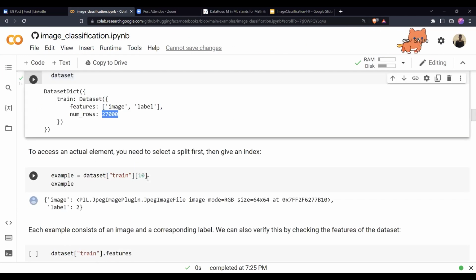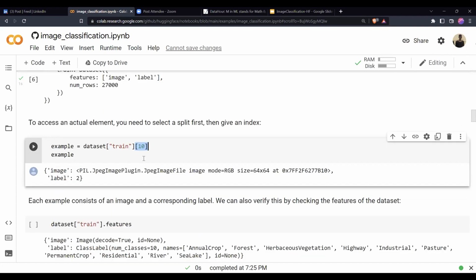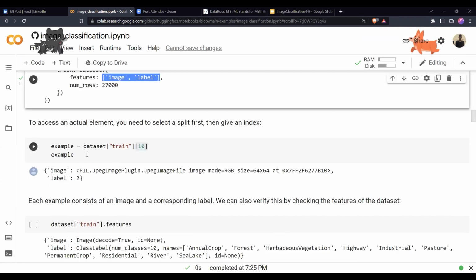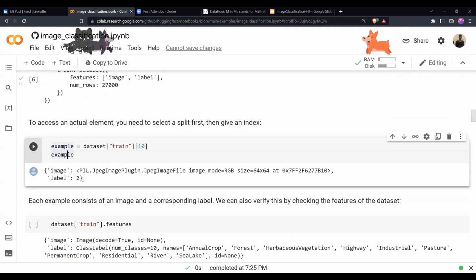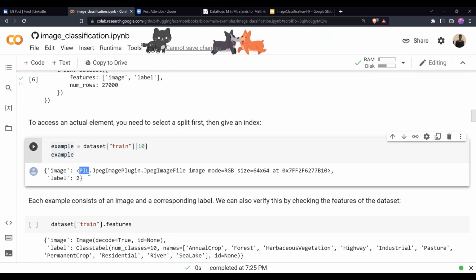Now, if you want to access it, here at index 10, we are accessing an example, with the image and label features. If you access an example and just print it out, it shows that the image is of type PIL. PIL is a library in Python for images.